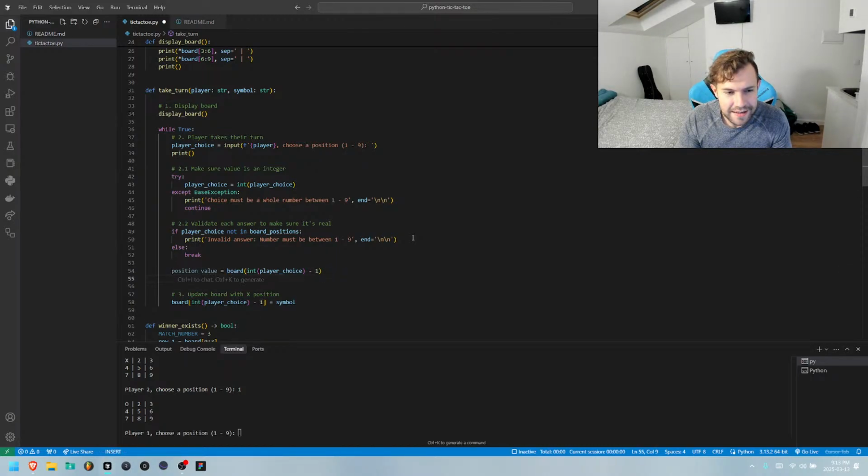And then we're going to say if type. Yeah, so how do we do this? Actually, we can just say this. If position value in symbols